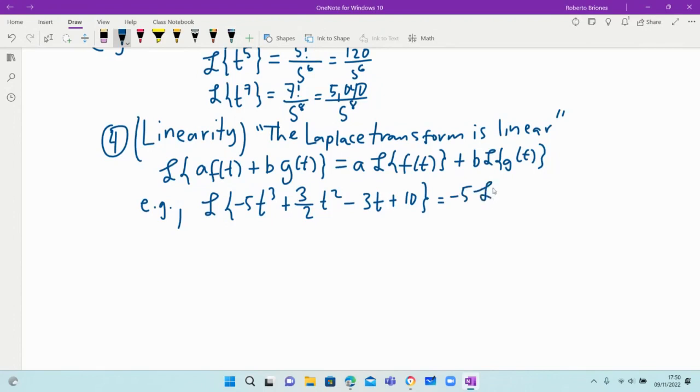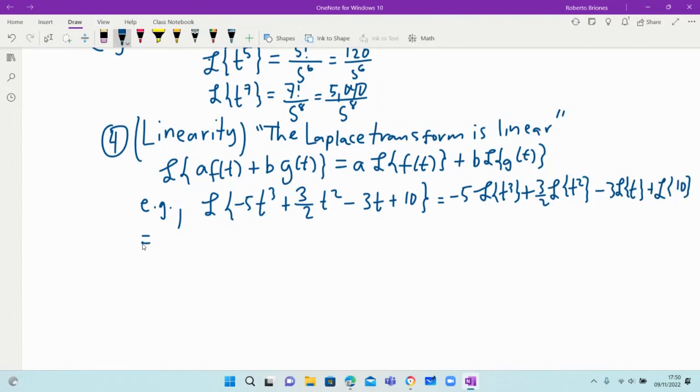Negative 5 times the Laplace transform of t cubed plus 3 over 2 times the Laplace transform of t squared minus 3 times the Laplace transform of t plus the Laplace transform of 10,